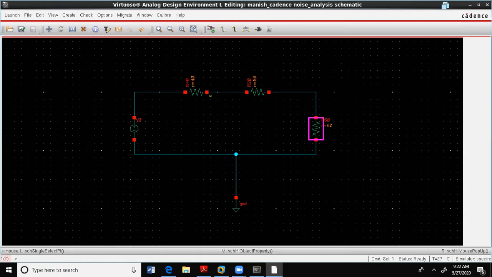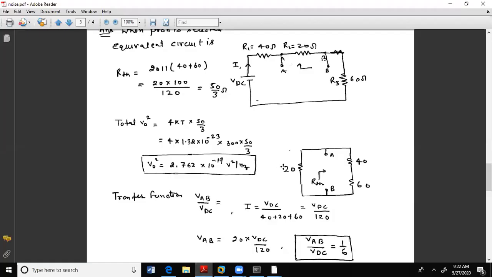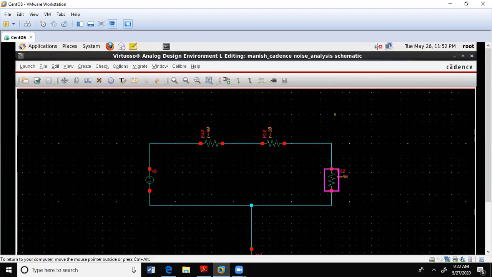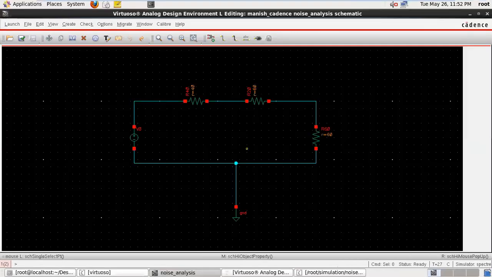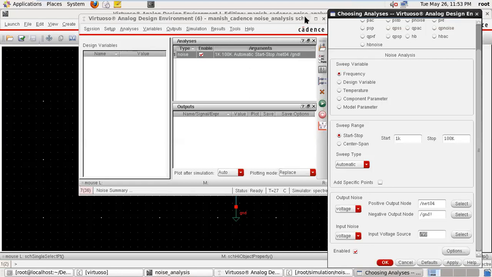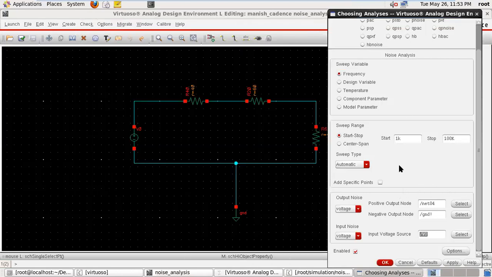Now launch your ADEL window. Launching our circuit, in this case the 20 ohm resistance is taken as the probe.